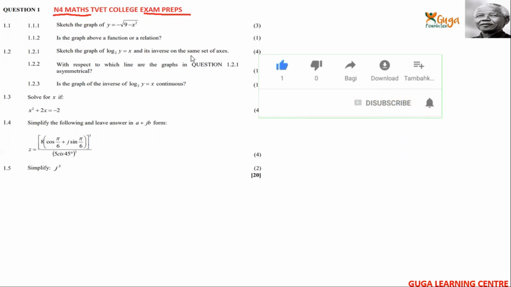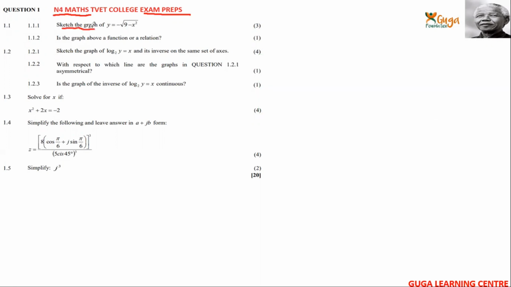Okay, so now here the first question says sketch the graph of y is equals to negative root of 9 minus x squared. Okay, so let's start by